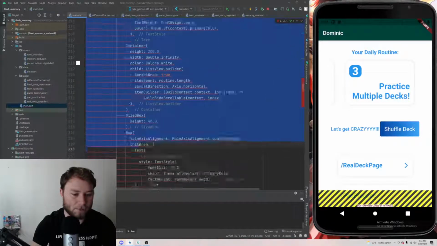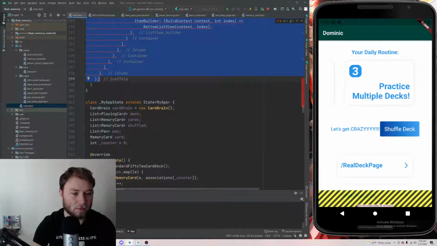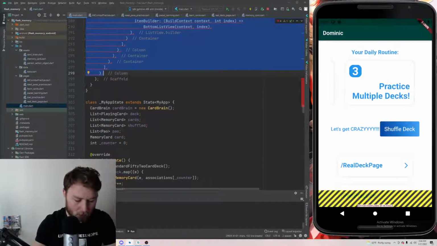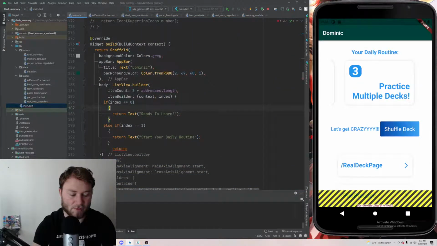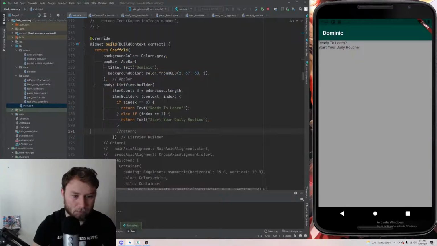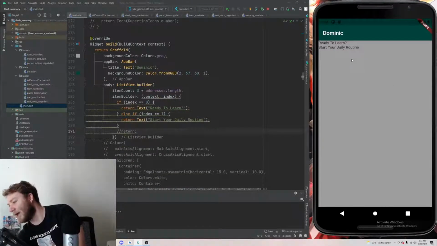And I'm going to comment all of this out for now, so that I can show you what I'm building as I build it. So this is how it looks right now. It looks pretty bad, but